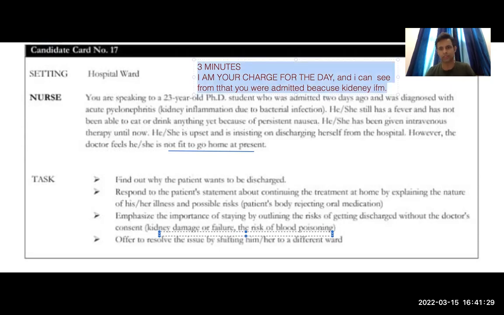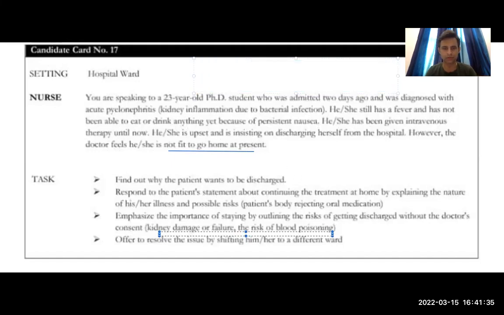ठीक है, सो दिस इज हाउ यू से। बाकी पॉइंट्स इजी हैं, वैसे आप पेपर में और पॉइंट्स भी लिख सकते हो, जैसे अगर मैं इस पॉइंट को एलोबरेट करना चाहता हूँ तो मैं ये भी लिखना चाहता हूँ, सॉरी मेरे को वापस पेस्ट करना है उसको, सॉरी वो चला गया, चलो मैं आपको बोल के दिखा देता हूँ। गुड मॉर्निंग, माय नेम इज भूपेश, आई एम योर चार्ज नर्स फॉर द डे,